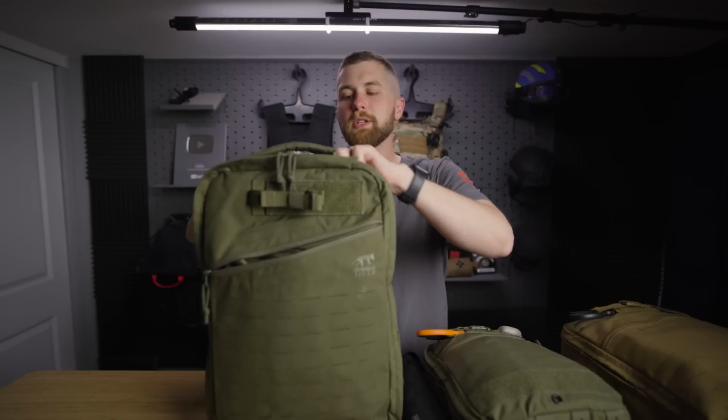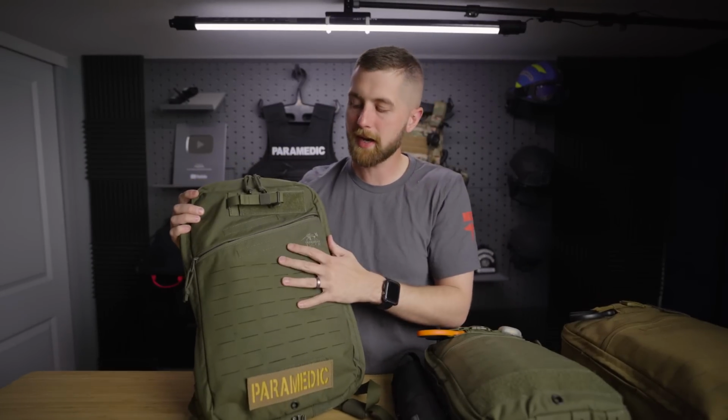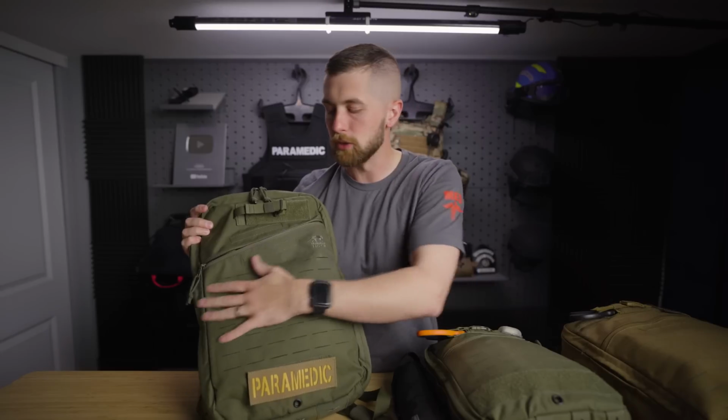And I think it diminishes the ability to use this pocket because as you're putting supplies in or taking them out, it snags on the handle and it is not functional for me. Especially this back pocket, I just don't see a point. So if I'm gonna continue using these packs, I'll probably cut them out